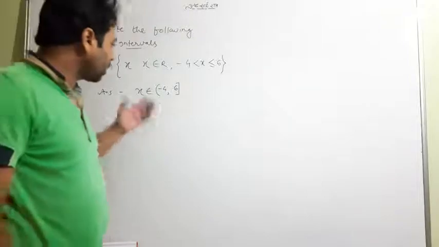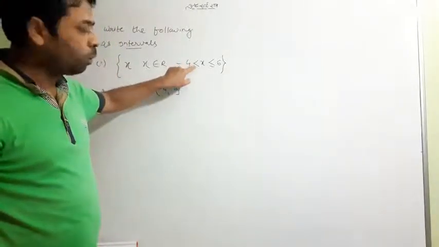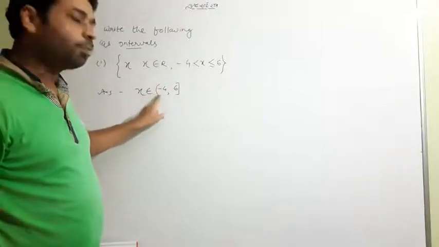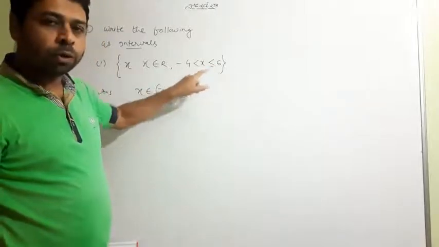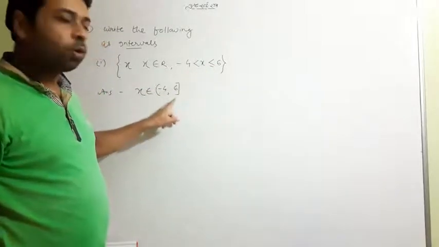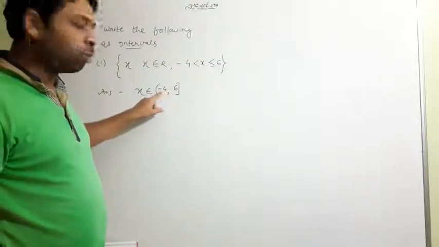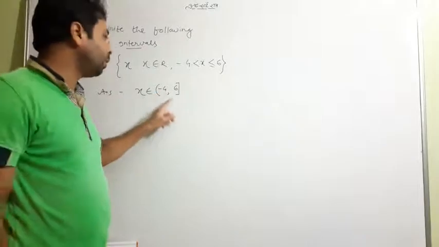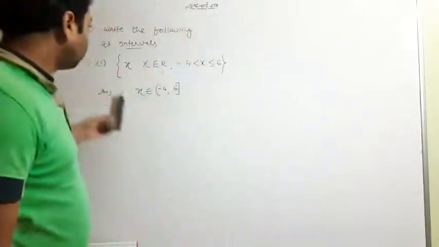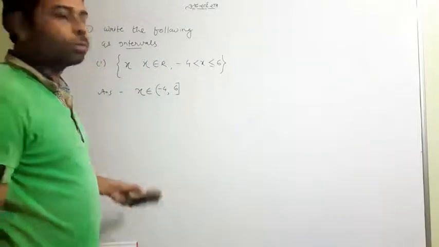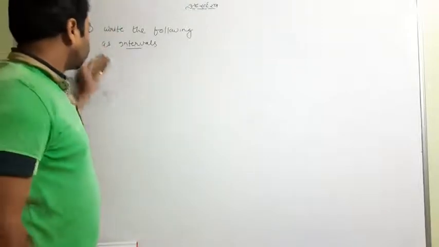I don't think I need to tell you much about that. If you have an equal to sign, you use the close bracket. Wherever there is an equal to sign, it always follows the close bracket, so you know that x can equal 6, x cannot equal -4, and x always lies between these two values. This is very simple, explained already. One question told, and do the rest by yourself. And a similar question, just opposite.